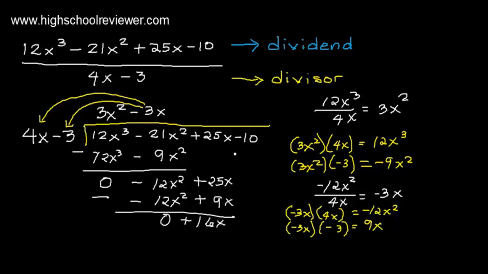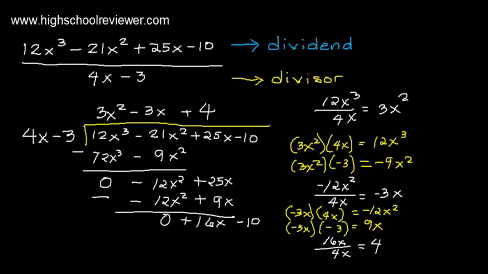Okay. And then we need to bring down negative 10. And divide again. So we will divide positive 16x to 4x. Okay. So dividing, we will have 16x divided by positive 4x. This will give us positive 4. So we will write here positive 4,